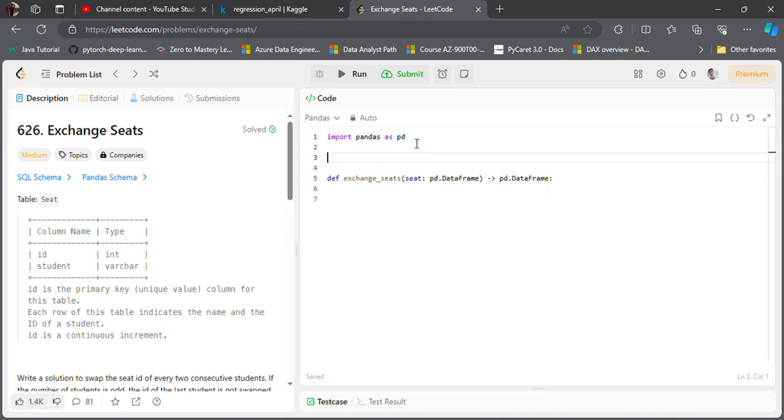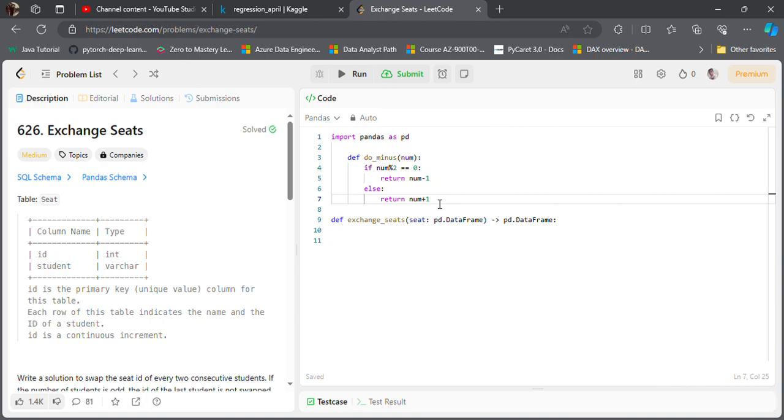We will define one helper function here. What we are doing here is defining one function for doing minus. If a number is even, then it will minus 1. If the number is odd, then it will do plus 1. Okay, and next what we are doing is,